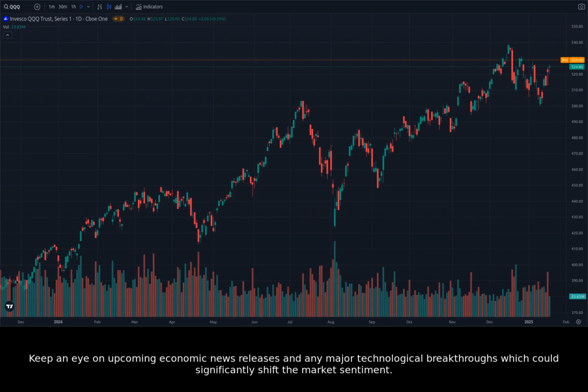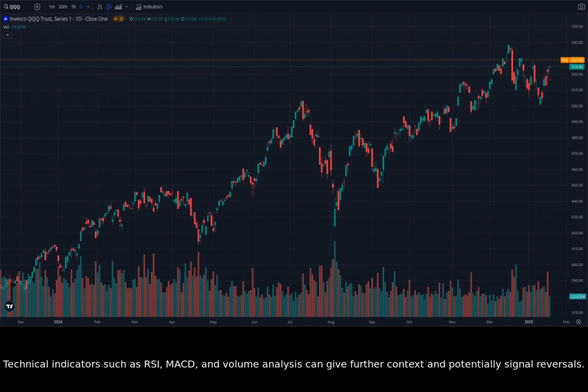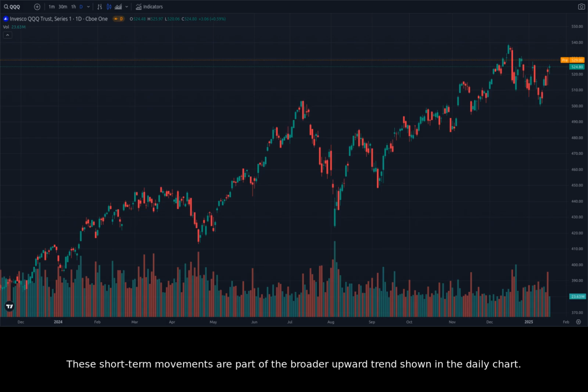Keep an eye on upcoming economic news releases and any major technological breakthroughs which could significantly shift the market sentiment. Technical indicators such as RSI, MACD, and volume analysis can give further context and potentially signal reversals. These short-term movements are part of the broader upward trend shown in the daily chart. Remember to always practice risk management in any of your trades,